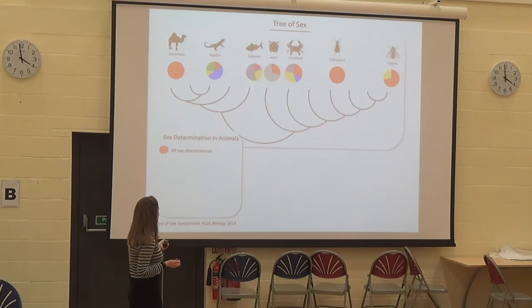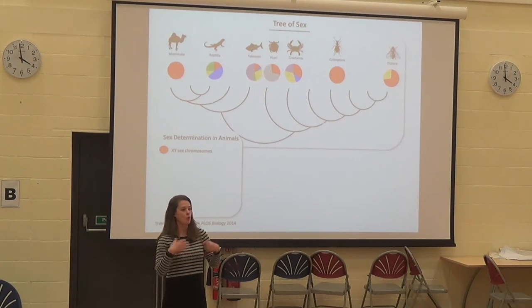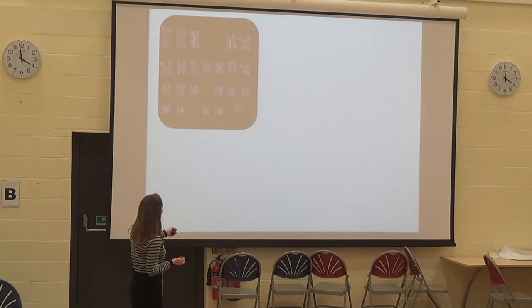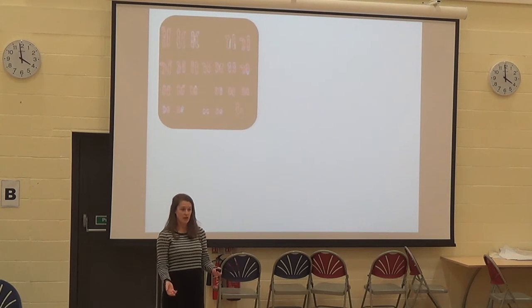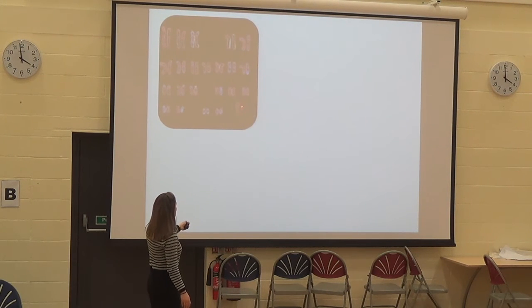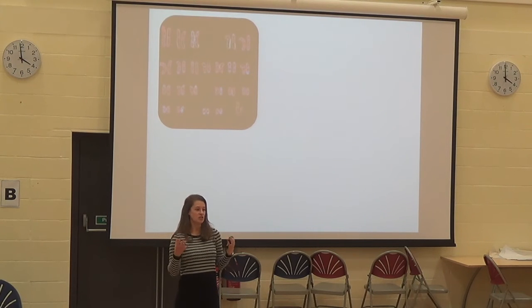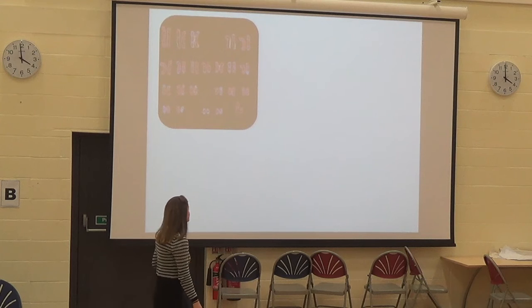So you're probably most familiar with the XY sex chromosomes of mammals. So all mammals have the same XY sex chromosome. And so if you imagine all of the chromosomes within a cell, you can see that the sex chromosomes look very different from the other chromosomes. So the Y chromosome here is really tiny and it's really degenerate compared to the X chromosome. And so this Y chromosome contains a gene called the sex-determining region on the Y, and that's essentially the trigger for maleness.